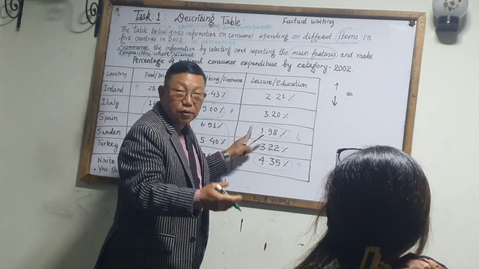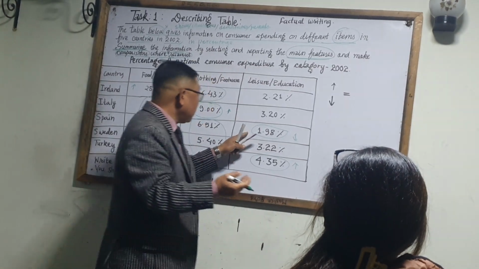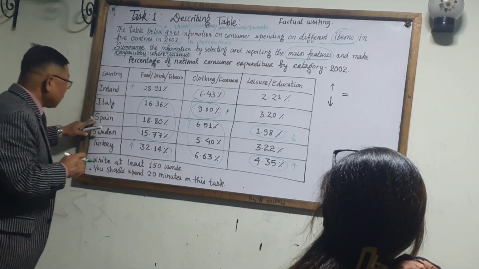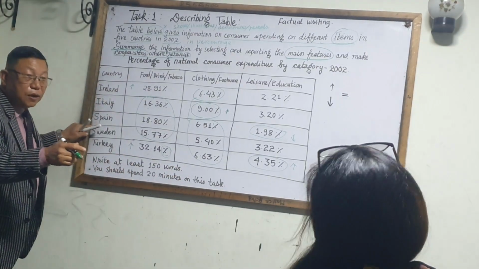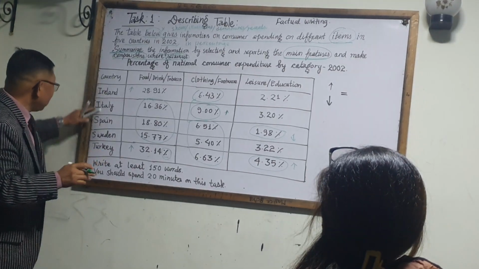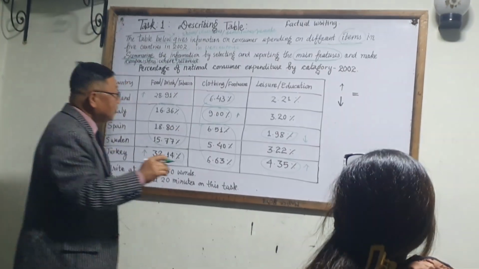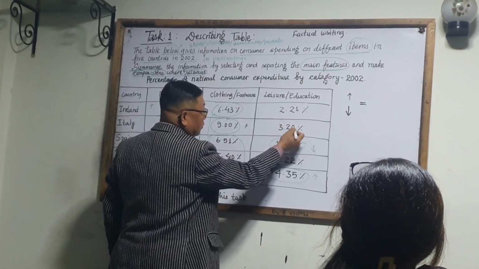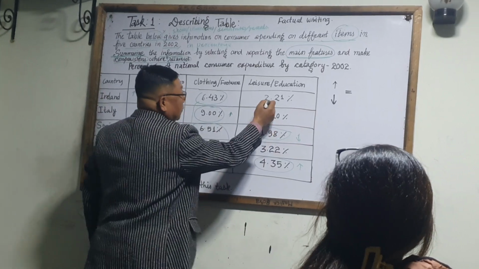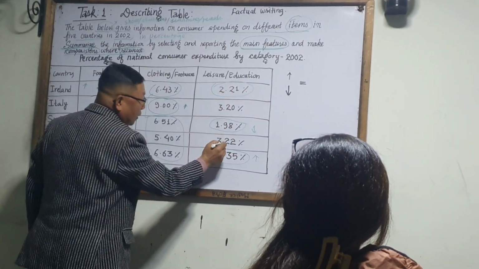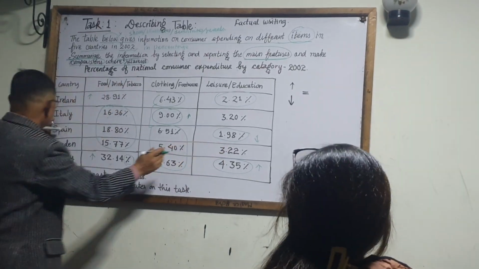It means the country's people were illiterate. Then for the rest of the 4 countries, you can merge here. 2.21 means nearly 3. So you can describe this one singly and you can say Italy